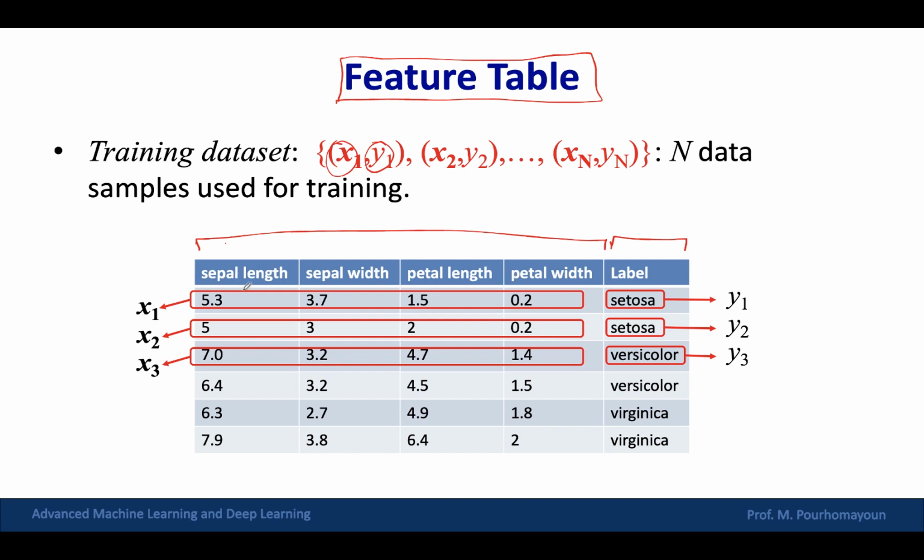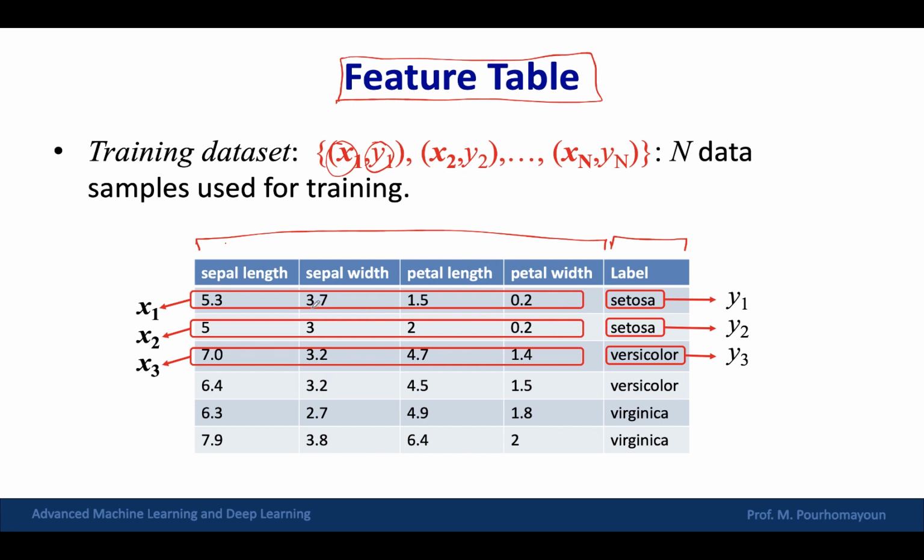In this case, we have 4 features and 1 label. Our label has 3 different values, or 3 different classes: Setosa, versicolor, virginica. One line of that is called a data sample, in this case a training sample, and this part is called a feature vector.